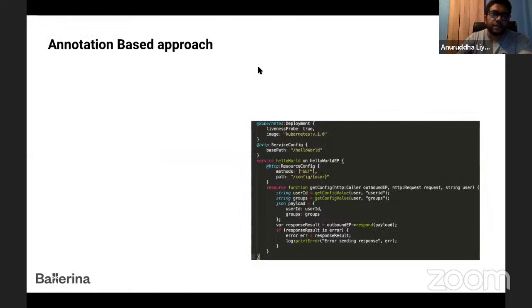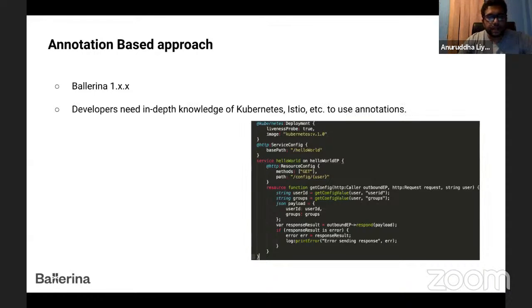Previously, if you are familiar with the Ballerina 1 releases, we had a model where you had to annotate a service, function, or listener to generate the Kubernetes artifacts. Going forward, we found some difficulties in this approach. One is that developers need in-depth knowledge of Kubernetes.